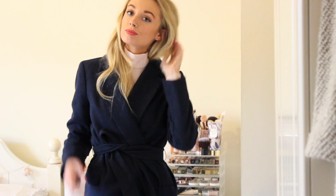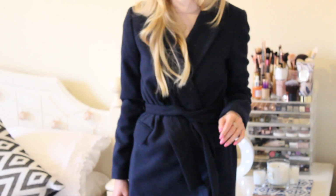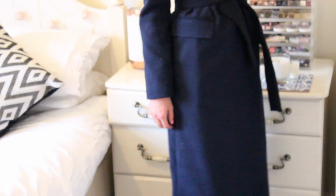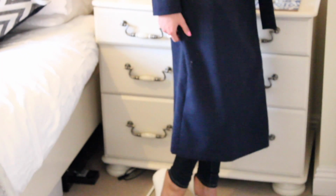Now it's a deep navy colour, really thick kind of wool material, and I thought this would be great for those days where you do want to have a lovely outfit on, but you don't want to have to take off loads and loads of layers if it's a freezing cold day. So this is great, maybe even with the shirt dress if it's a cooler day but still sunny, then I can just whip the coat off when I get inside a fashion show or when I get inside the apartment or something. Just thought it would be a really great cover up, but also keeping me warm when I'm dashing